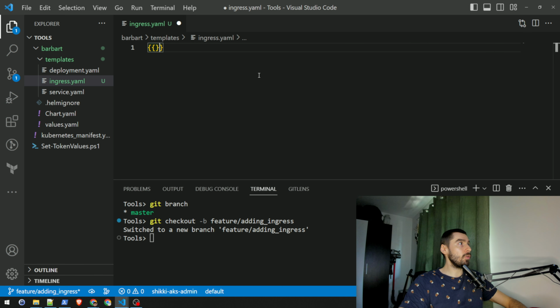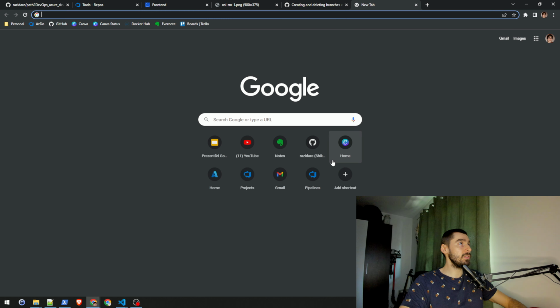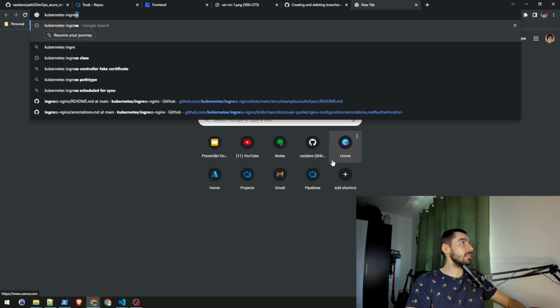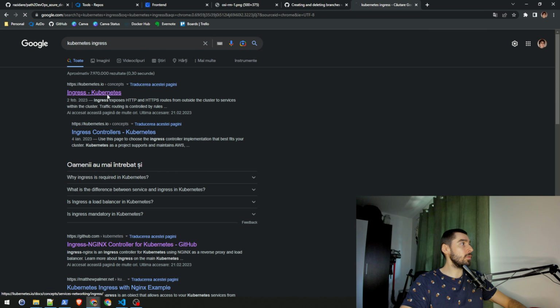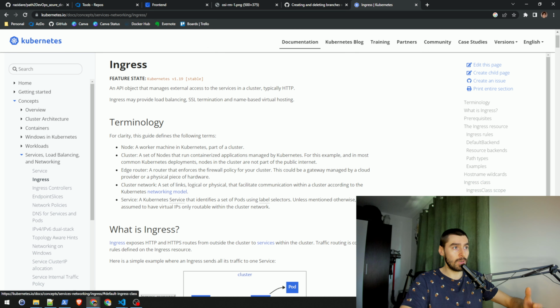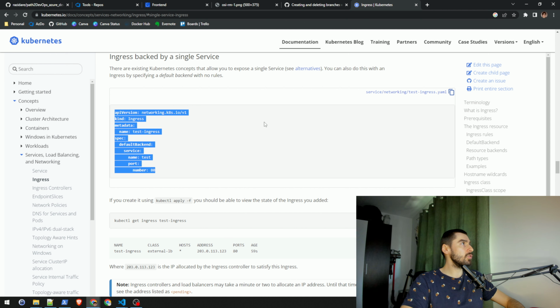So how are we going to do that? Well, very simple. We just need to Google it. So Kubernetes Ingress. Yeah, it's all official documentation, and that's what I will always encourage you to do. Just Google it, search online for the solution if you don't know it. So Ingress backed by a single service. This looks kind of like the scenario we're in right now. So we have it here. Let's just copy this